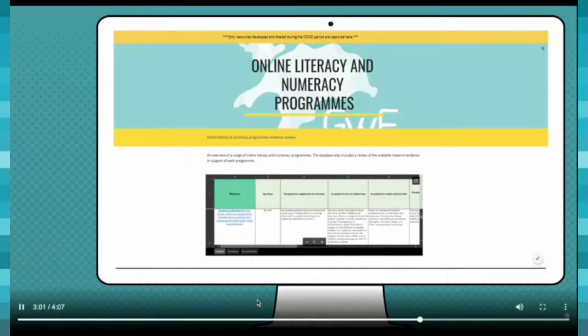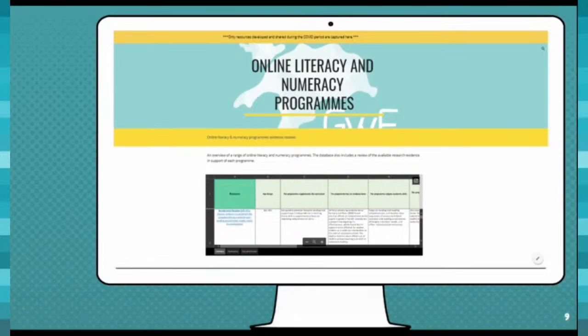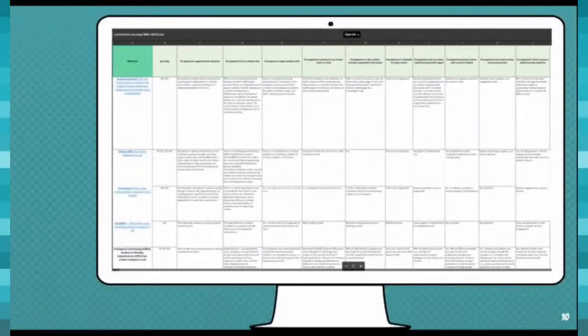The information is presented in a searchable Excel spreadsheet. As well as information on efficacy, cost and training requirements, where possible, we have also added links to the provider and/or publisher who can offer further support. Each database can be easily filtered to search by either a specific programme and/or key stage. We hope that summarising these findings will provide educators with the information that they need to make more informed, evidence-based decisions to achieve the best impact on pupil outcomes.